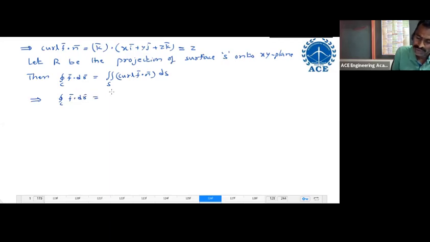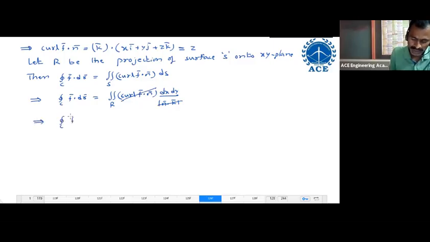But using projection, this surface integral will be reduced to a double integral over R of curl f bar dot n bar dS, so on the xy plane dx dy divided by modulus of n bar dot k bar. But what is the n bar dot k bar here? n bar is xi bar plus yj bar plus zk bar. n bar dot k bar is z. And curl f bar dot n bar is also z. These two are the same, so these two get cancelled, which implies